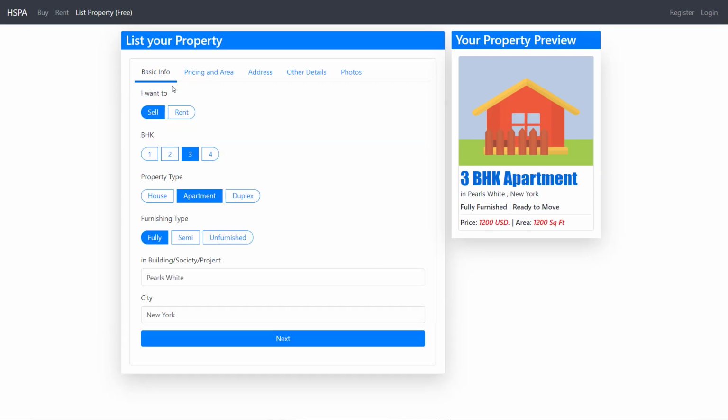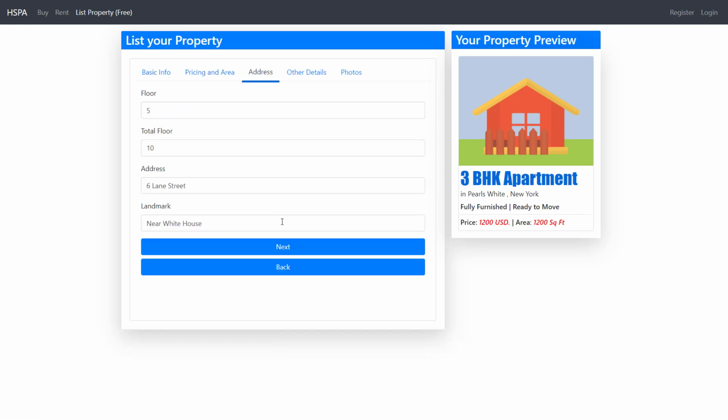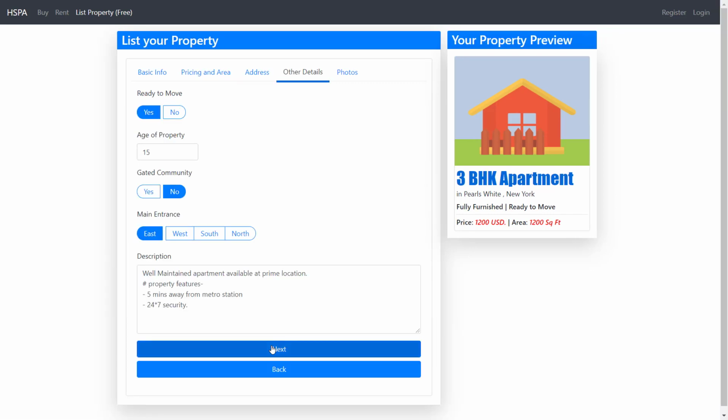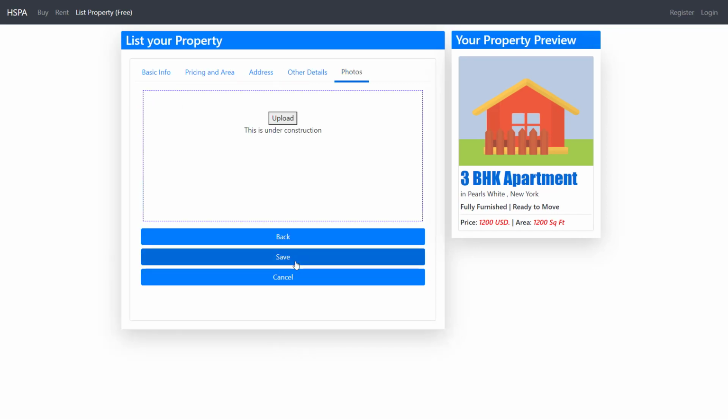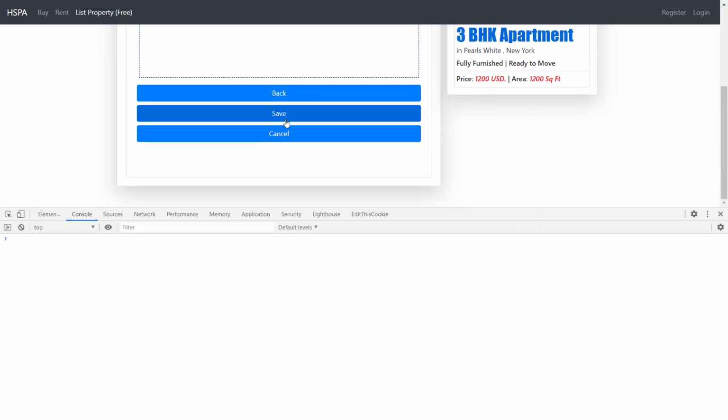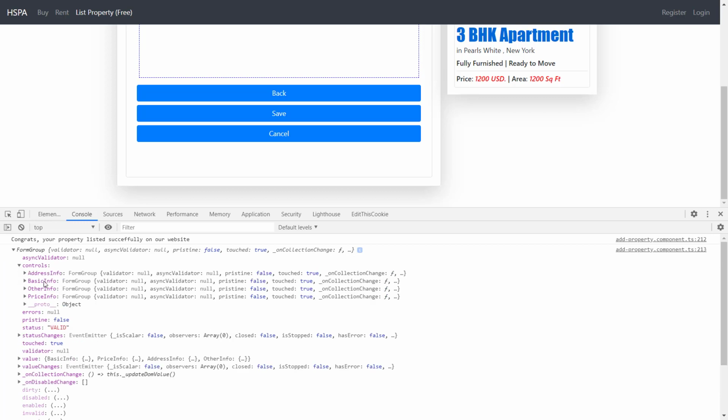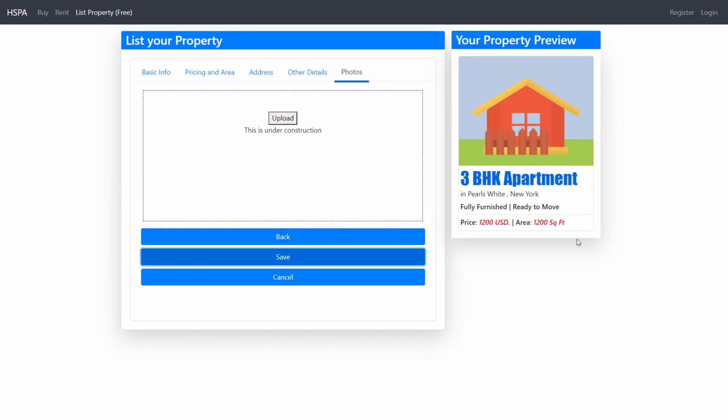So our code is working fine. We are still getting redirected to the first tab if the user tries to save the form without providing mandatory values. So we have added mandatory fields validation for this form and set up a flow of this form. If all the valid entries are provided by the user, we are getting this success message and getting all the required controls in different form groups. Next, we will save this information in local storage.